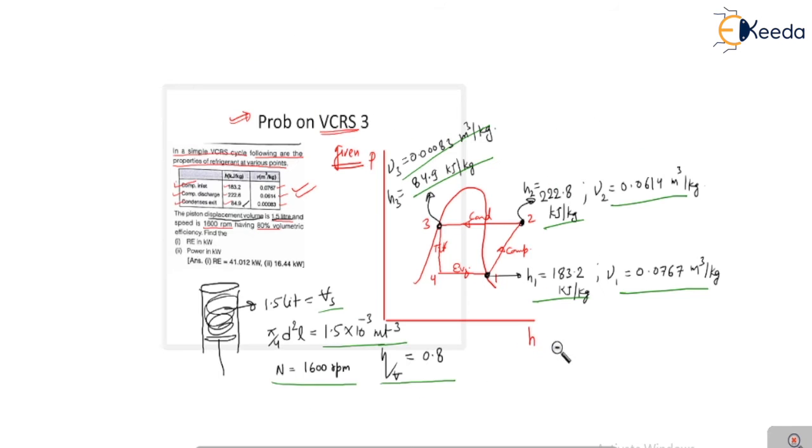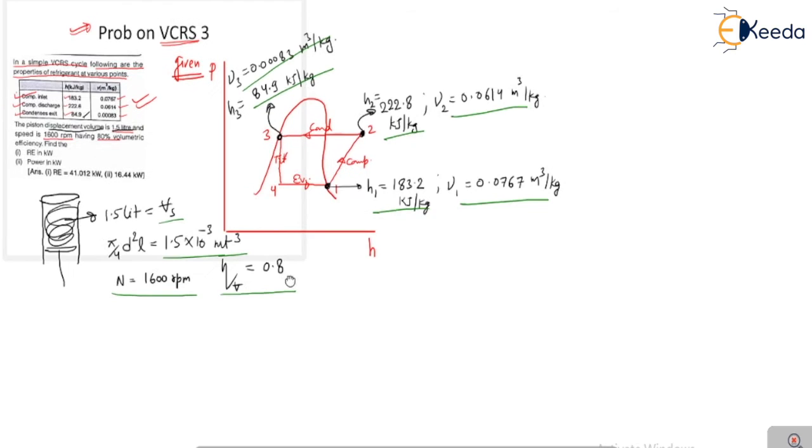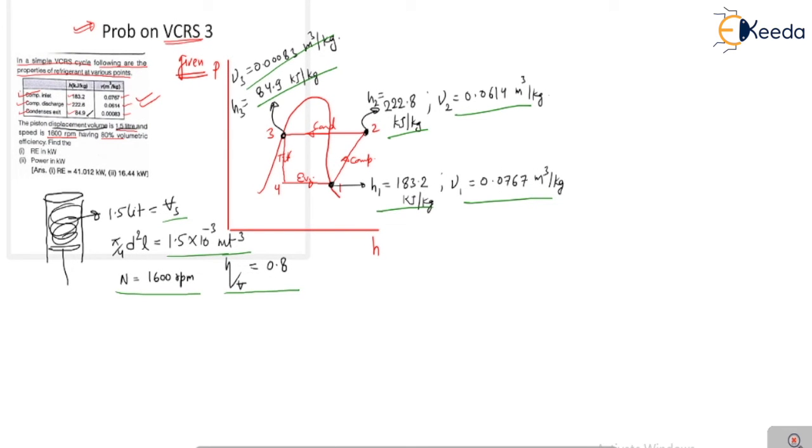So my dear friends, you have to apply your standard formula. What is your standard formula? Your standard formula for volumetric efficiency is this. This is your volumetric efficiency formula: mass flow rate upon volume. Is it right? Mass flow rate upon volume for the first, and here next, pi by 4 d square L in bracket N by 60 into k.